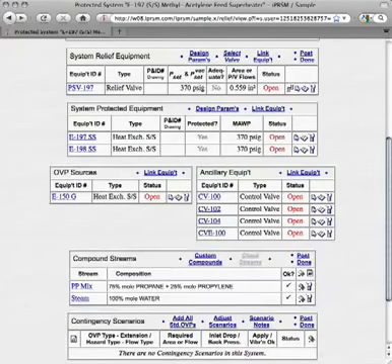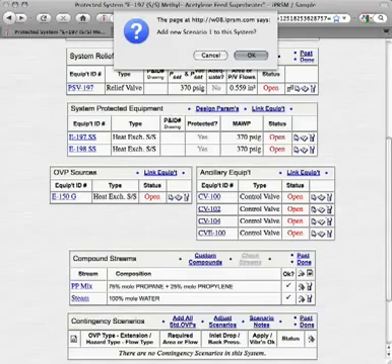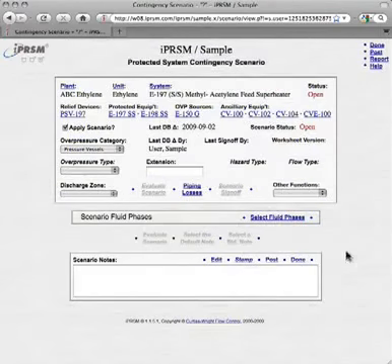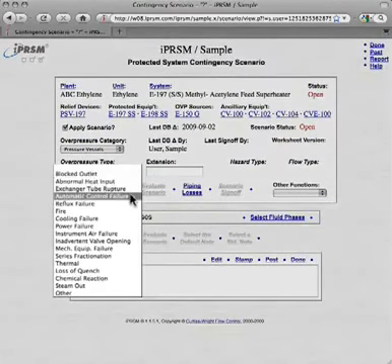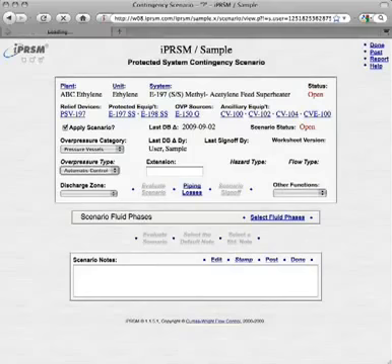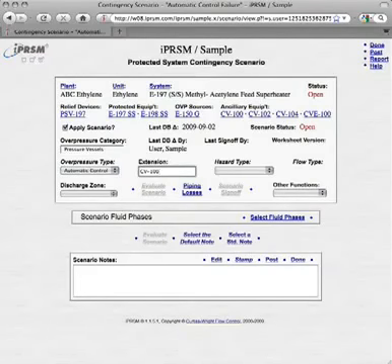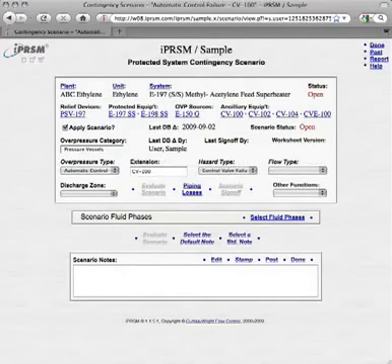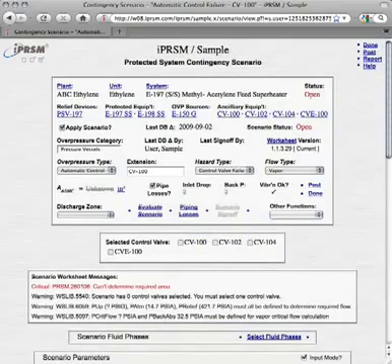Now we are going to add the overpressure contingency scenarios that are relevant to this protected system. We add the first scenario and select its overpressure type, name extension, hazard type, and flow type. We select the CV100 control valve for this control valve failure scenario, which allows iPRSM to import parameter values from